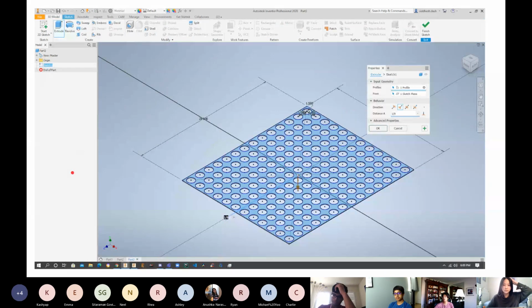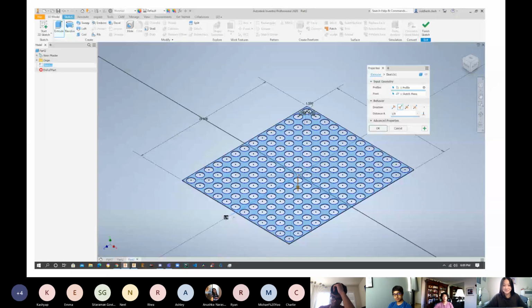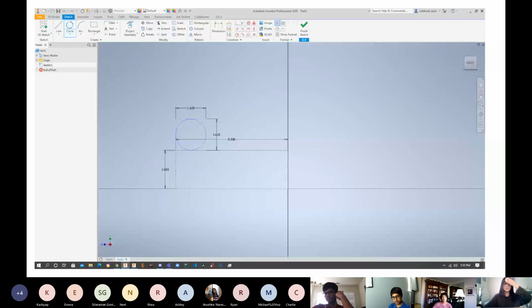This is just an image of it extruded. As you can see, the circle, we did the rectangular pattern tool with the circle on the whole rectangle. Okay, so this is kind of hard to see, but around the outside of the circle, there are construction